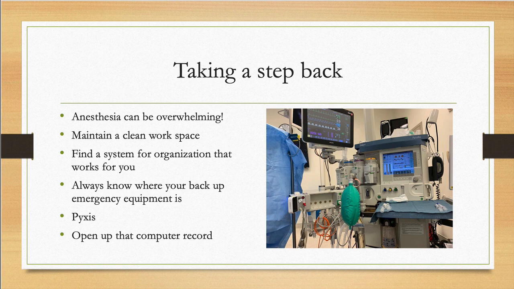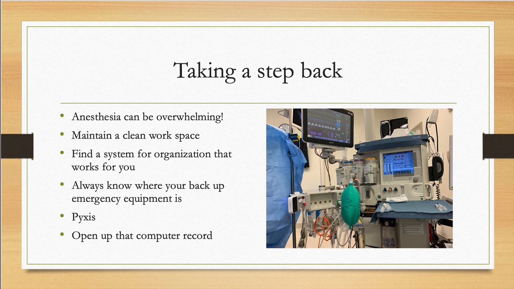Lastly, I want to emphasize the need to know where your Pyxis machine is, which should be next to the anesthesia machine if you happen to work in a hospital where there is a Pyxis machine in each OR. Have it logged in so you can quickly access drugs in an emergency, and also open up the computer record so right when the patient hits the door, you can start generating data